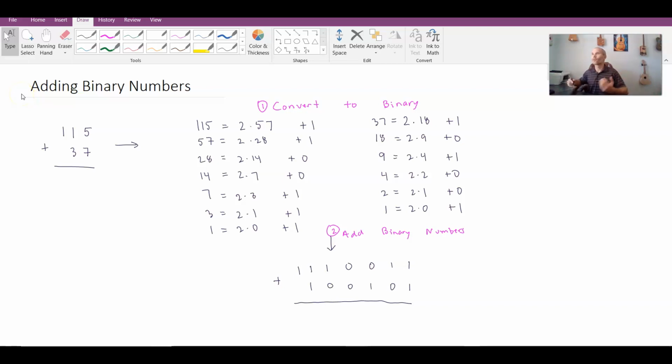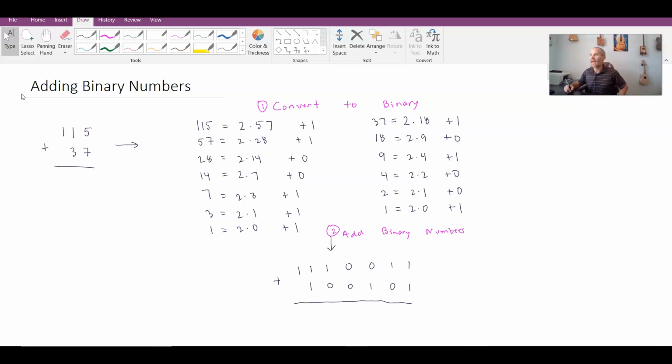When computers perform arithmetic, they perform arithmetic on binary values. So although we may want to add two integers together, 115 plus 37, and we want to give this task to a computer or a calculator to do for us, then these values are going to be first converted to binary form. So I've already taken care of that here, and we can see that 115 is the binary value